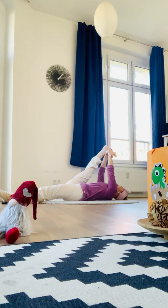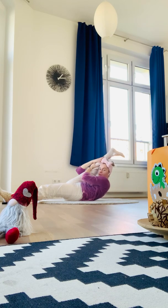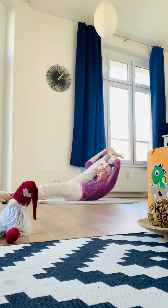And breathe here for 5, 4, 3, 2. Your back leg is fully lying on the floor. Don't forget about this one. 1. Now raise up your shoulders and try to bring your legs a little bit more and closer to the floor with your shoulders up. 5,